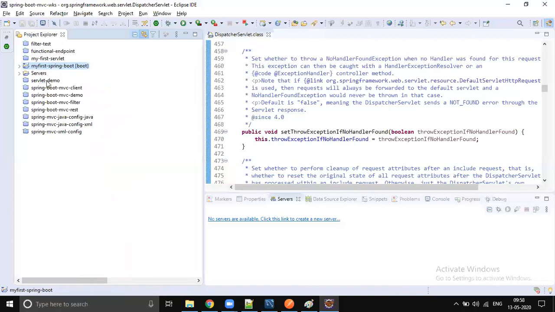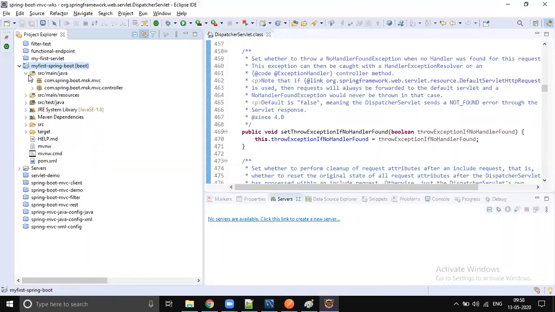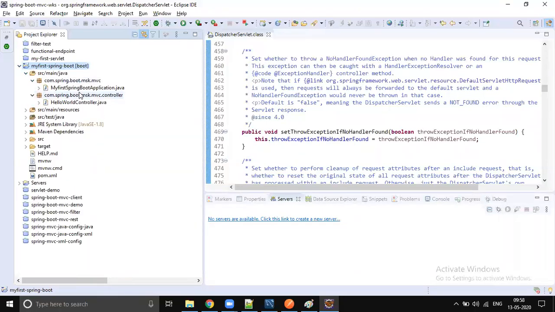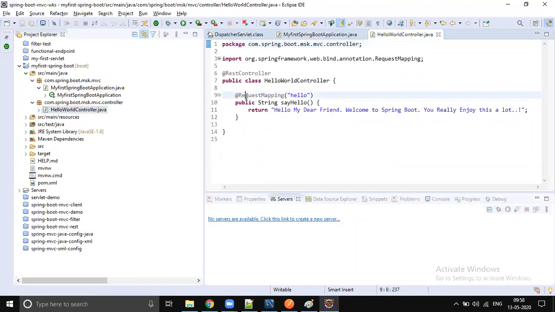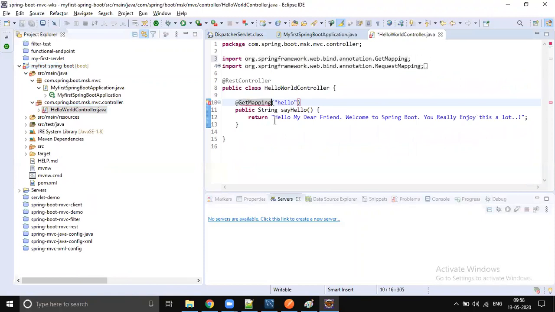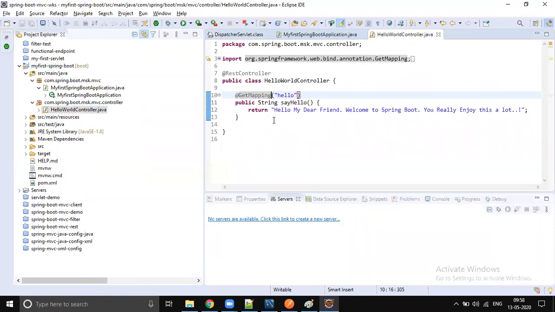Only the request mapping, and the latest version of Spring MVC provided HTTP protocol specific request mapping. Going forward, it's going to be direct GetMapping. HTTP method specific request mapping annotations are available. So you see GetMapping, PostMapping, PutMapping. That is what we're going to use. RequestMapping is a generic one, so you have to specify which method has to be supported.